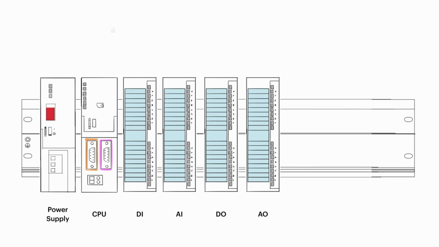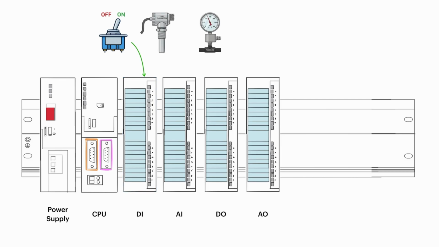If you need to read simple on-off signals, you install a digital input module. If you need to read variable values like temperature or pressure, you use an analog input module. Outputs work the same way: digital outputs for things like contactors, and analog outputs for devices such as proportional valves